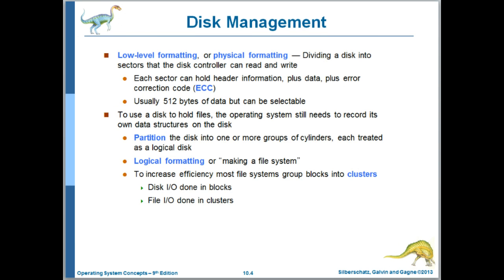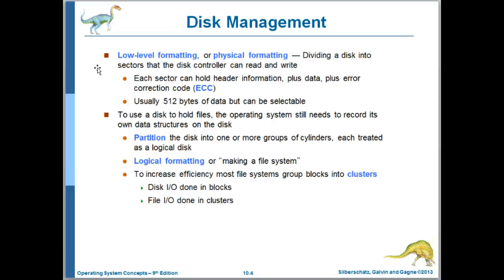The unit of storage on a disk is a sector, which is typically 512 bytes. And then error detection or correction codes are kept to ensure the integrity of the data. And then a sector can also contain header information such as the sector number so that the sector can be identified within its cylinder. So low-level formatting is the process of establishing the sectors on a disk, and with